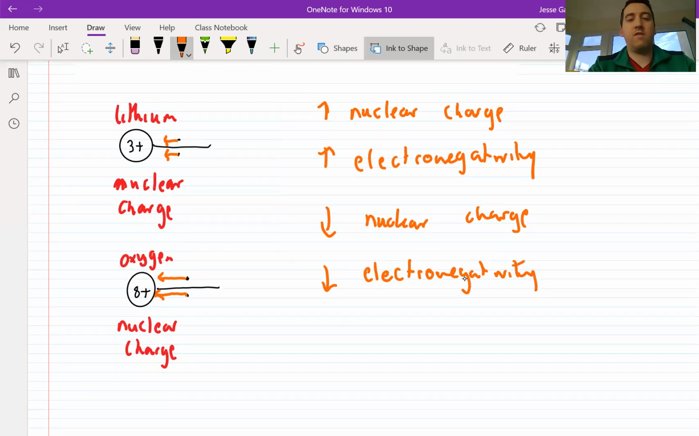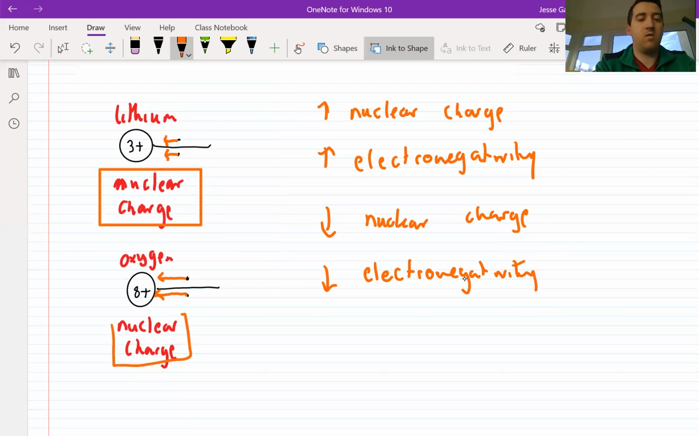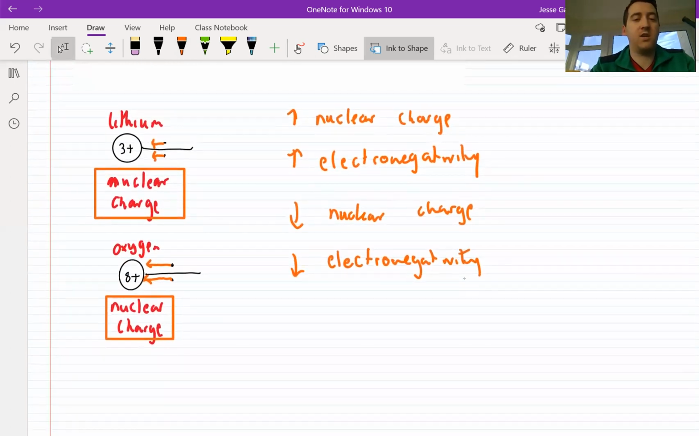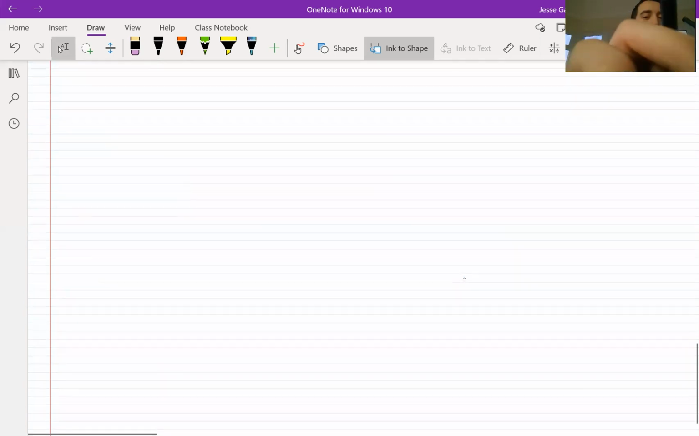Now, these aren't the only factors though. The nuclear charge is not the only factor. It is one of the factors, but it is not the only factor. We have to combine a couple of factors to get the full reason why electronegativities change. The number of protons is definitely one of the factors. Another factor though, if we consider, is if we take